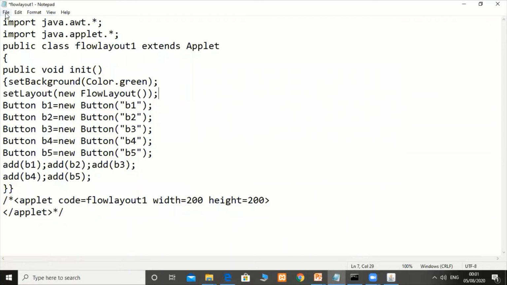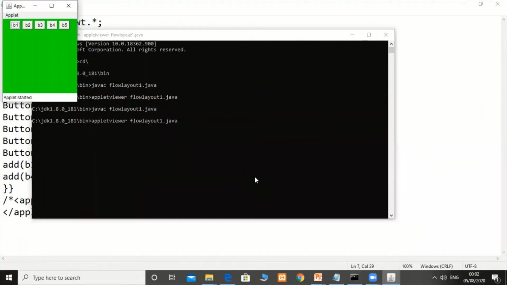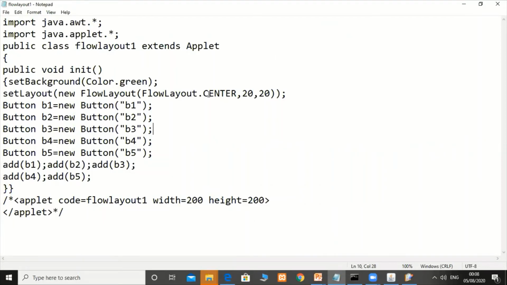Once we save this code, then again compile, then run the program. See here, there is no change in the output. Here I have used the third constructor of flow layout. In the third constructor, the first parameter is int how, the second is the horizontal pixel value and then the vertical pixel value.